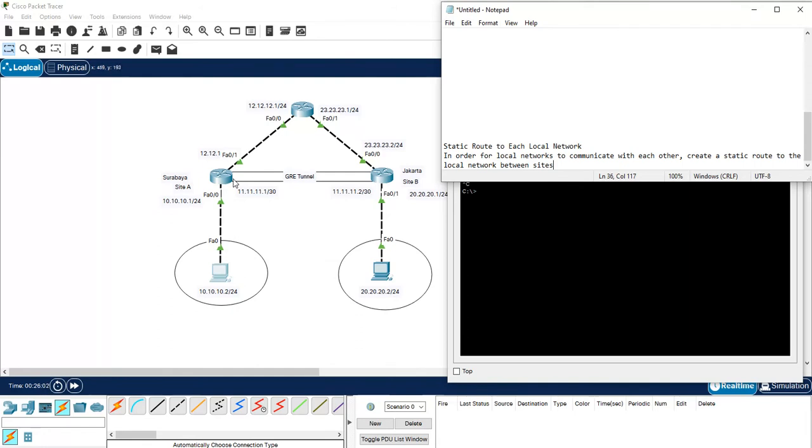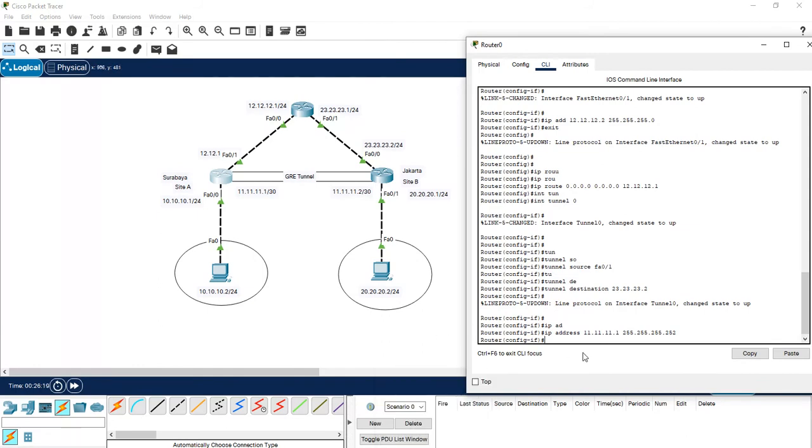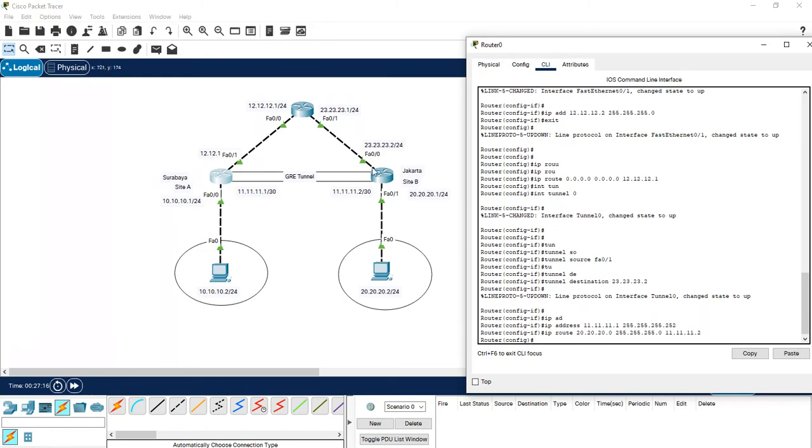We start from site A. On site A, IP route 20.20.20.0, the network for site B, and the subnet mask 255.255.255.0. For the gateway, we want the packets to pass through the GRE tunnel, so the gateway for site A is 11.11.11.2, and for site B the gateway is 11.11.11.1.